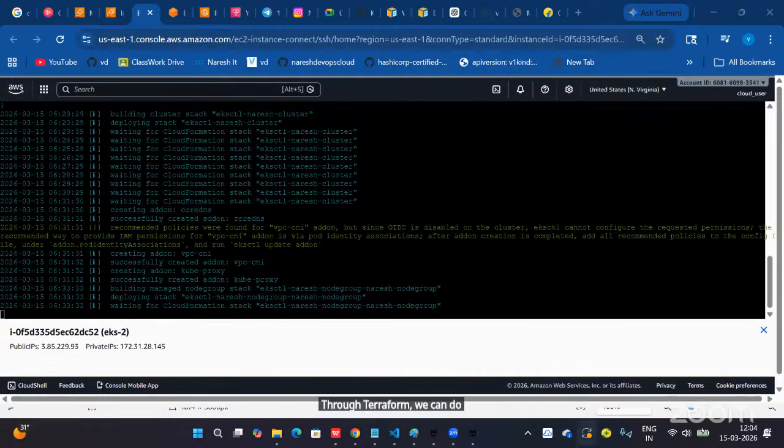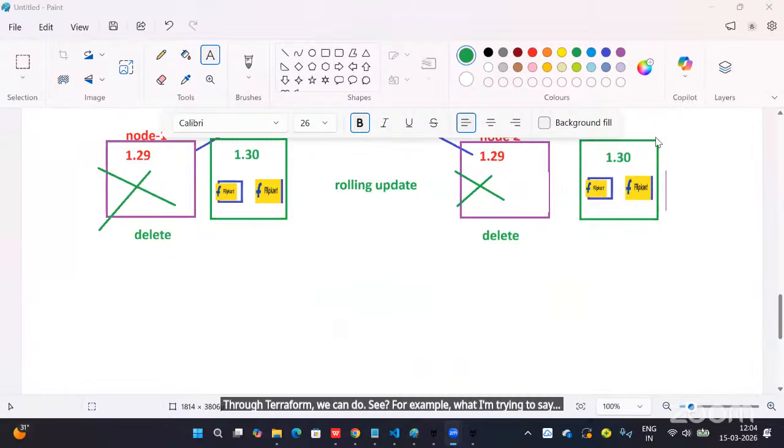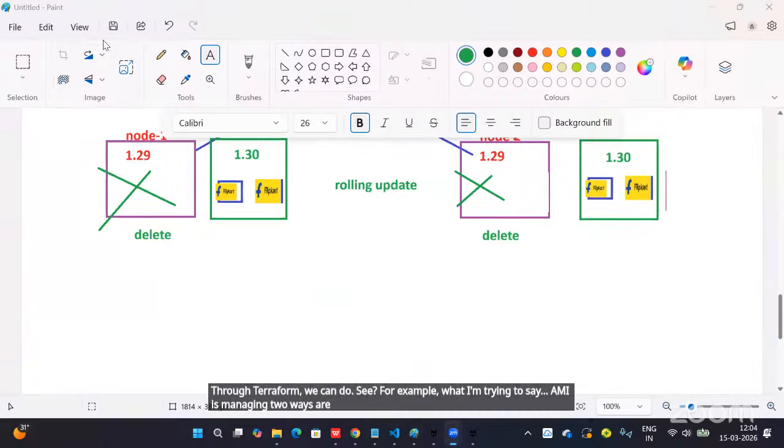See, for example, what I'm trying to say, there are two ways of managing the AMI in Kubernetes.